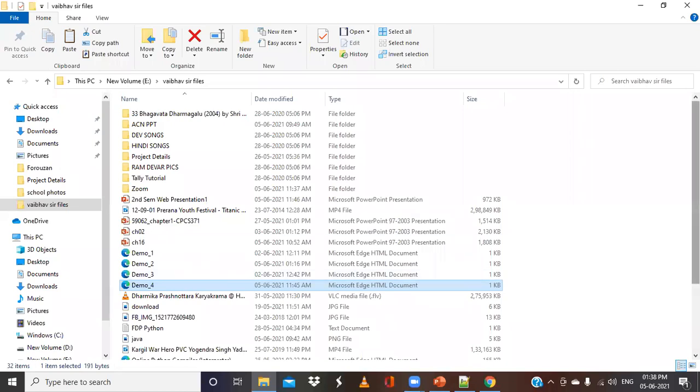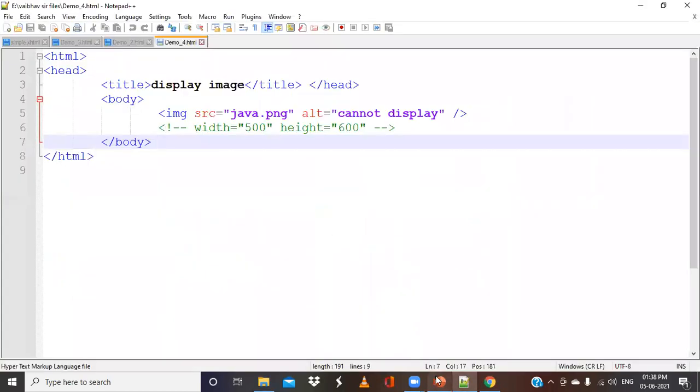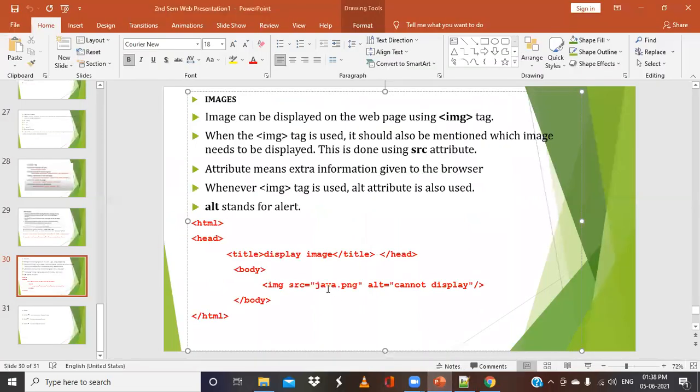I want to display a particular image with the name Java, and its extension is PNG. If both the files are at the same location or directory, then we give the src as just the file name with its extension.